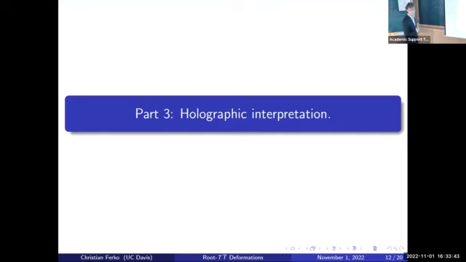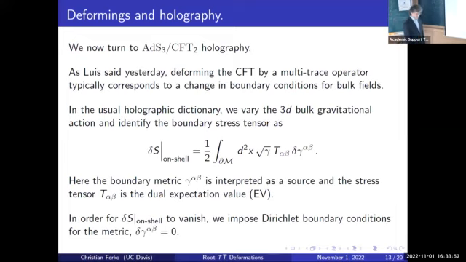So there's this holographic interpretation, which I mentioned, which I'll briefly sketch and then tell you about some future directions. So now we're turning to AdS3/CFT2. And again, as we heard about yesterday in Lewis's talk, we have the general expectation that if you deform a boundary CFT by some double trace or more generally some multi-trace operator, that this should correspond, at least from the perspective of large N and low-lying operators, to some change in boundary conditions for the bulk field, like the bulk metric.